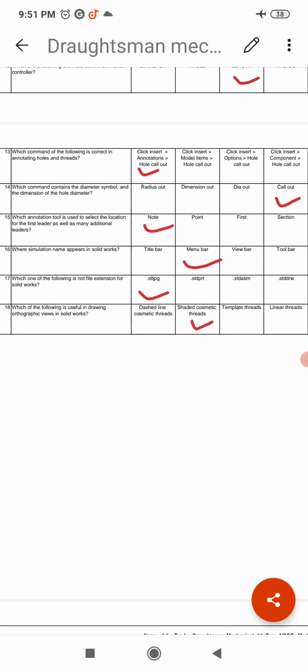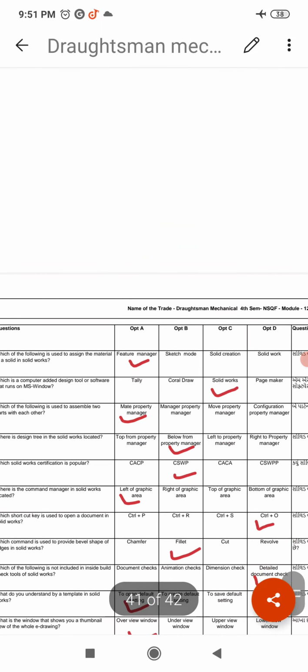Where does the simulation name appear in SolidWorks? Option B, menu bar. Which one of the following is not a file extension for SolidWorks? It's .SLLI, option A. Which one of the following is useful in drawing orthographic views in SolidWorks? Answer is B, shaded cosmetic threads. Next,